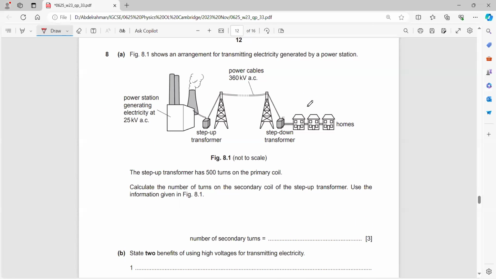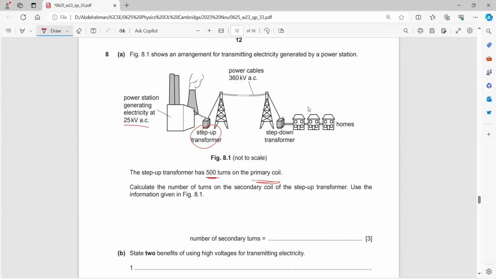Okay, moving on to the next question. I have a transformer, step-up transformer, step-down transformer. Calculate the number of turns on the secondary coil of the step-up transformer. I have a power station, which has 25 kV. What's kV? K is kilo. Then I have 360 kV, which is kilovolts. The step-up transformer